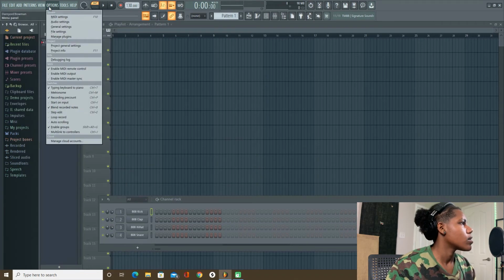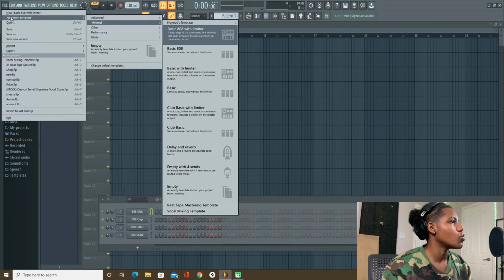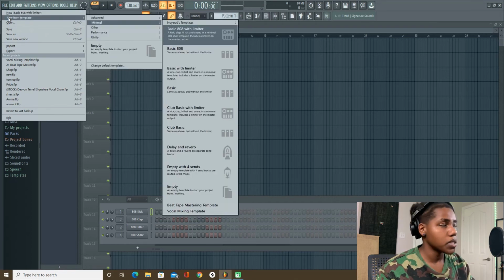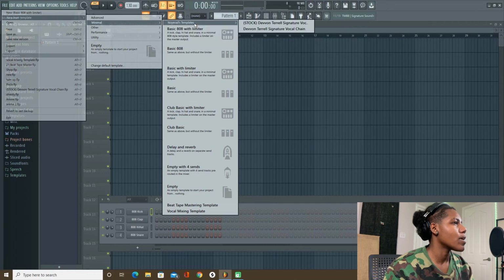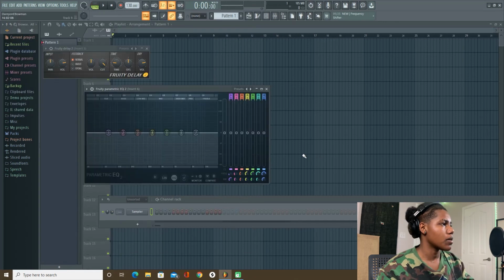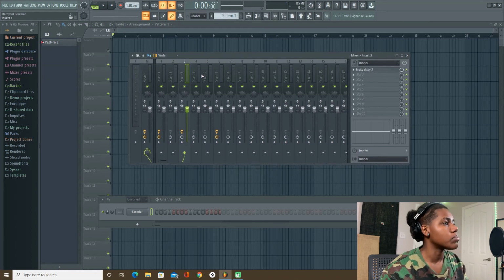So let's go. Ooh, totally forgot where the templates were. Okay, so let's go to file, new from template, and what do we have here? It says Noyerad's templates. We also have down here vocal mixing template. When you click on it, it should open up with the effects that you put on it,